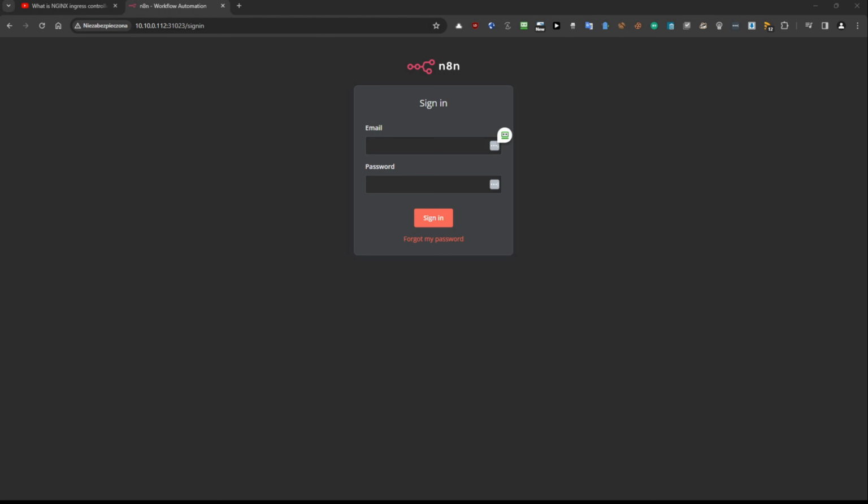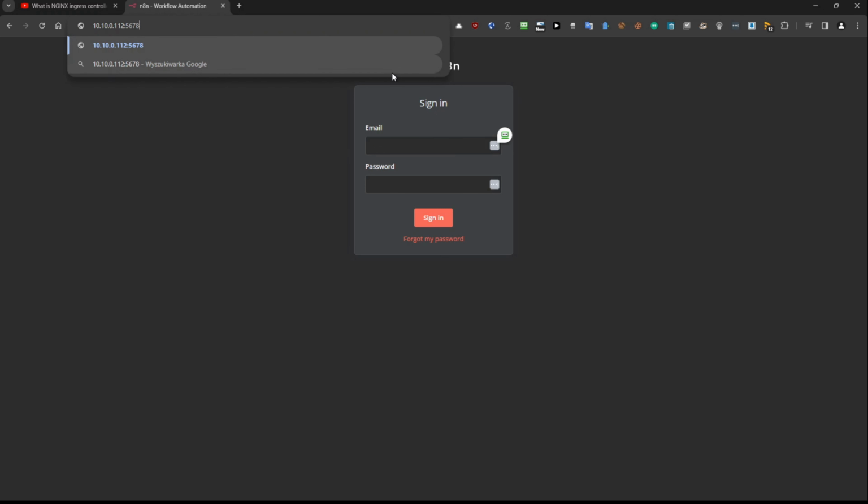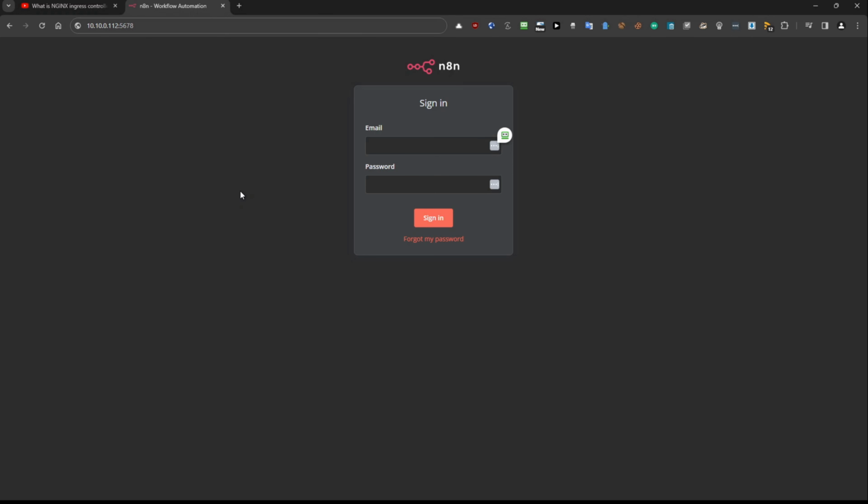But if you define another port for the NGINX ingress controller, it will be a default port, because this is really interesting. Thanks to the ingress controller and service created separately for n8n, we can change the port and set the default port here, and also we can get rid of this port. I mean, basically it is working with the port and without this port, and I will show you this in a moment. And if I use this port,